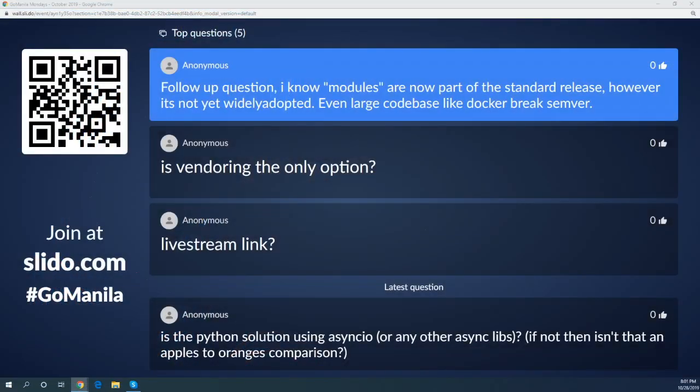code bases like Docker break Semver. That is true. Because GoMod is relatively new, I believe it came out under a flag on Go 1.11 and was finally released officially in 1.12. Yeah, adoption has